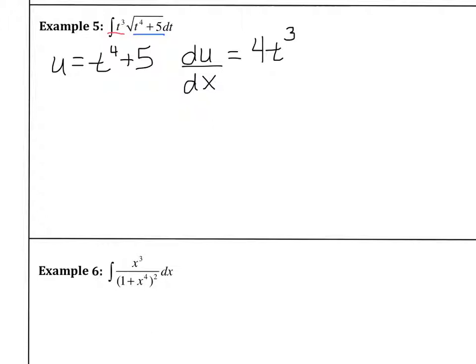All right, so the integral of, well, instead of writing the square root of t to the 4th plus 5, I can write the square root of u. And so that takes care of the square root part, and that takes care of the t to the fourth plus 5. So now we just got to find a way to get the t cubed represented and the dt